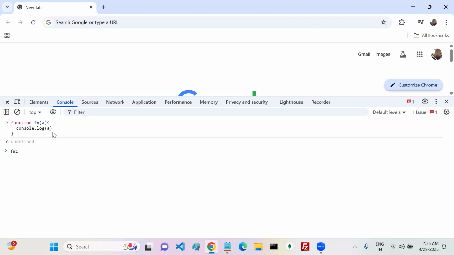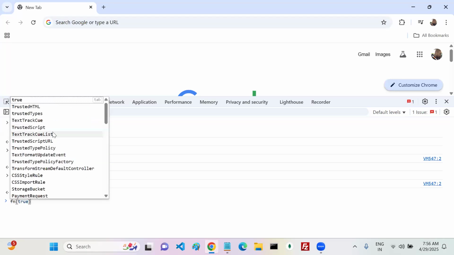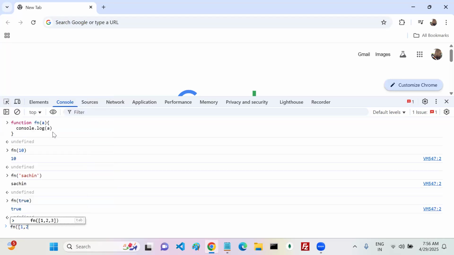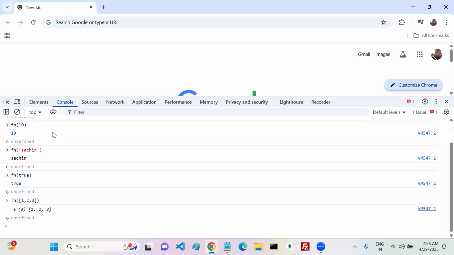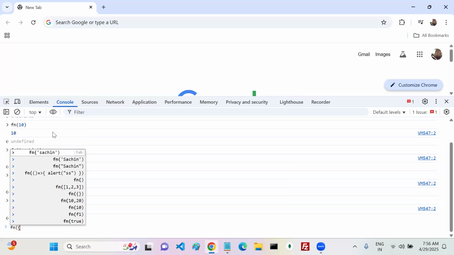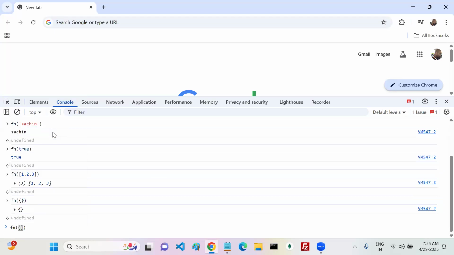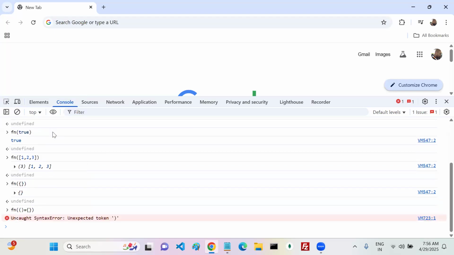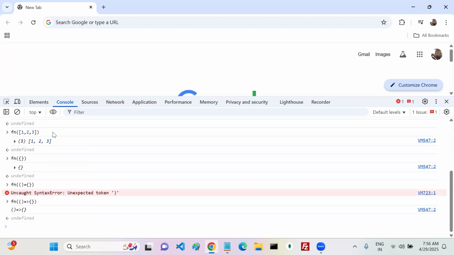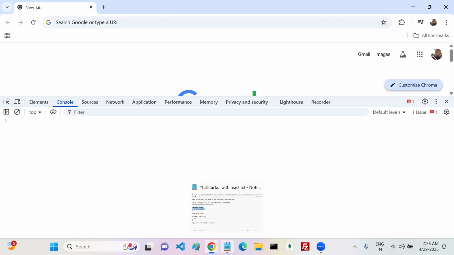Now you can pass any value. You said 10, no error. You can pass a string like Sachin, no error. You can pass a boolean, no error. You can pass an array 1, 2, 3, no error. You can pass one object, no error. You can pass one function also, no error. With this syntax, anything you can pass. But if you come to this statement,